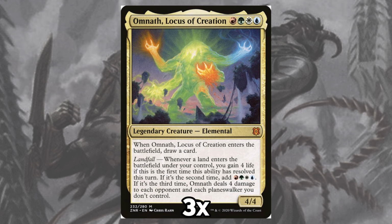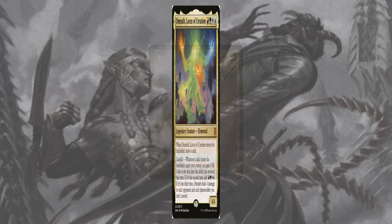Prior to and even after Niv-Mizzet Reborn was released, this deck was packing a full 4 of Omnaths and called Omnath to Light because of it. Although the Elemental isn't a 2-color combo card, the deck operated in a similar way when it was the main draw to packing 4 or more colors, so it stuck around and it's shown its power level over time. Omnath, now as a 3 of in most lists, draws a card when it enters,